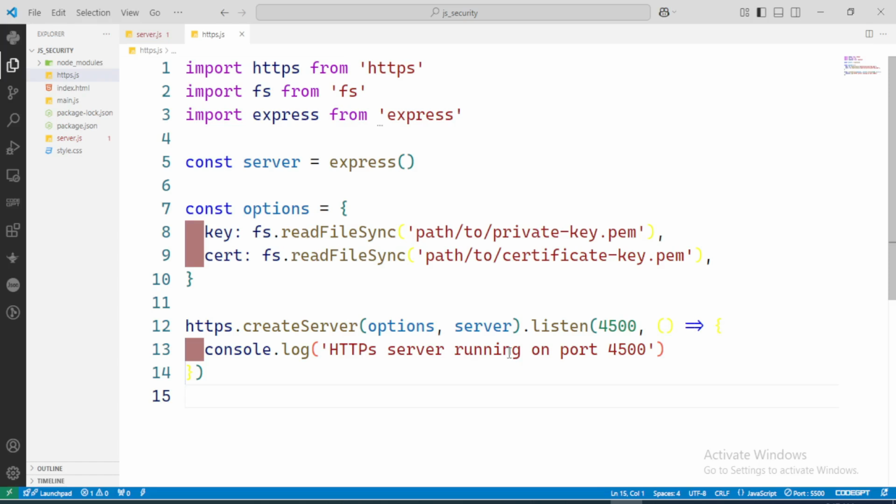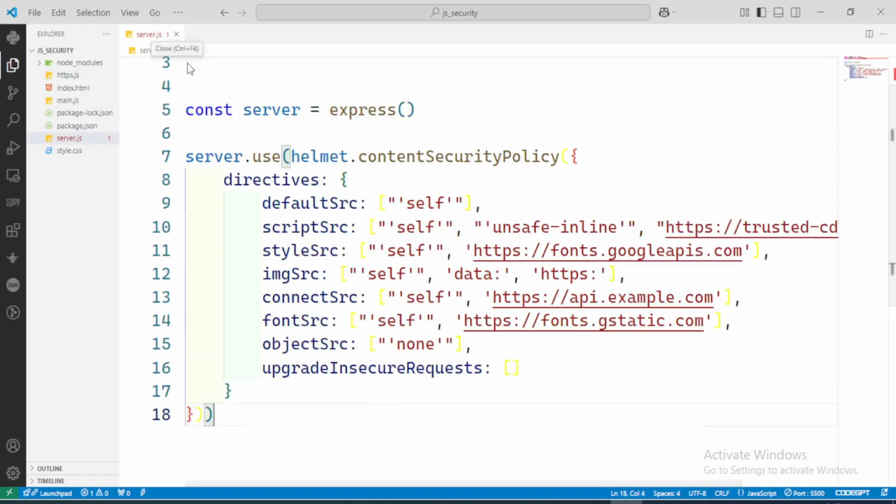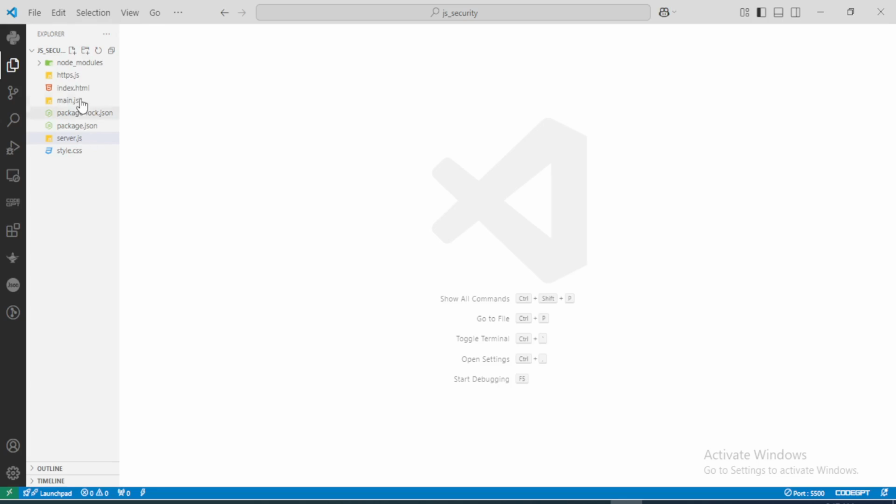So the next one we want to talk about is secure authentication. So how do we secure a user? How do we secure a user account? So let's close this, and let's close this as well, and then let's create a new file. Let's just call the name of the file